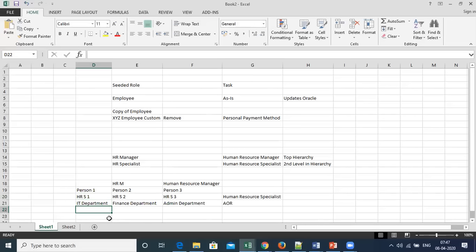Whenever any transaction is initiated by an employee who is working in the IT department, then the approval flow will go through human resource specialist 1. Why? Because HR specialist 1, that is this person 1, is responsible for all transactions in the IT department.